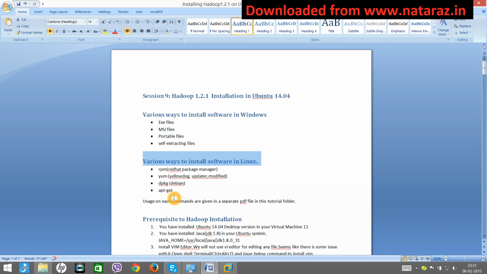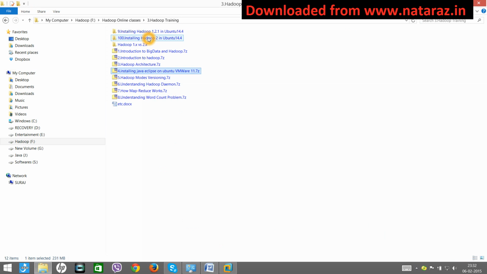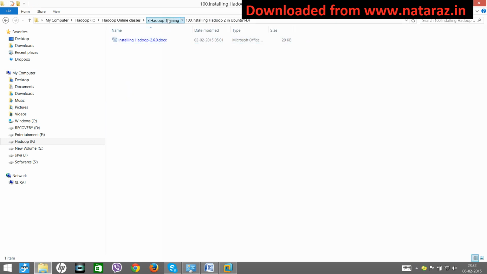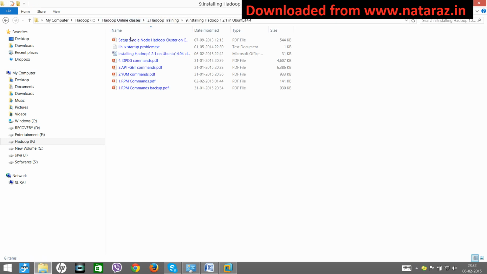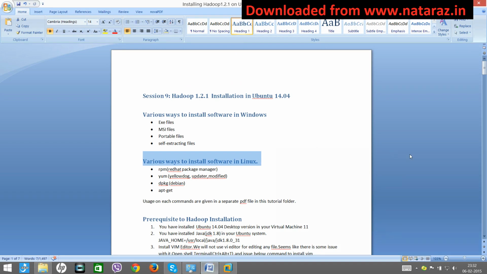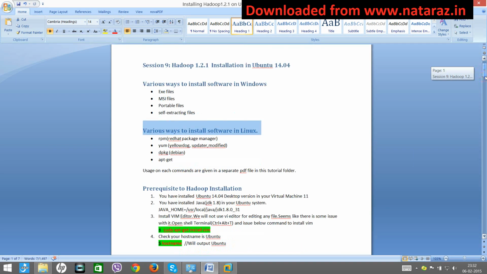These are 4 popular ways of installing software. I have provided one document that will tell you how to use each of these commands to install, uninstall, update software, and so on. I will not discuss that right now. Let's go back to our Hadoop installation.